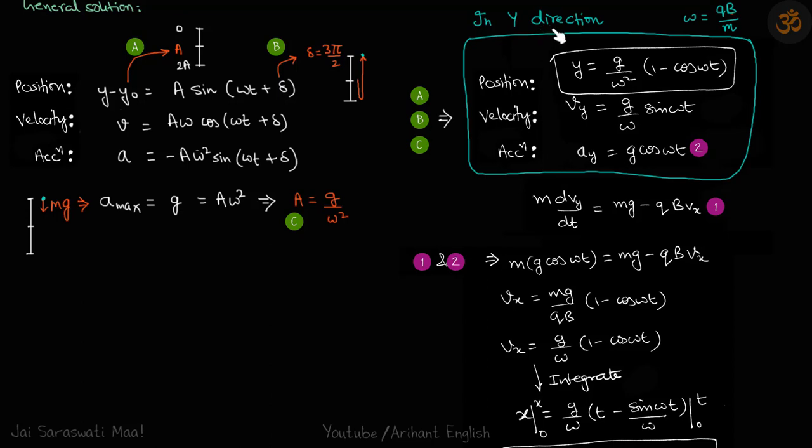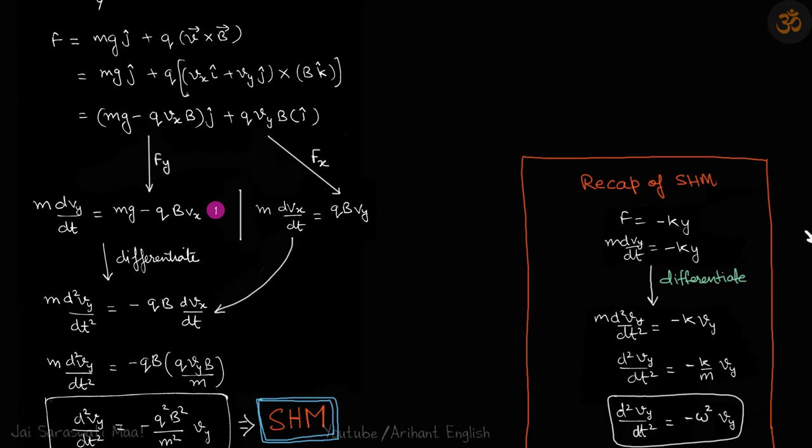Now let's get the answers in x direction as well. So let's go back to our initial equations of force. So here we got those two equations. So we can get x from here or here. If we try to get the position x from here, we have to integrate it once to get Vx, then integrate it again to get x. If we use this equation, we need to integrate only once to get x. So let's use this equation and not this.